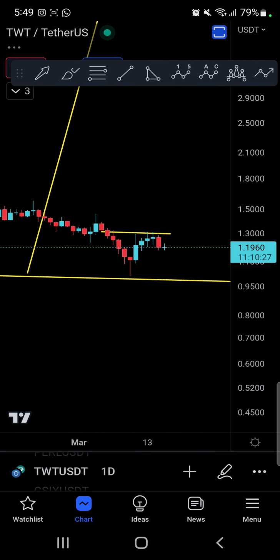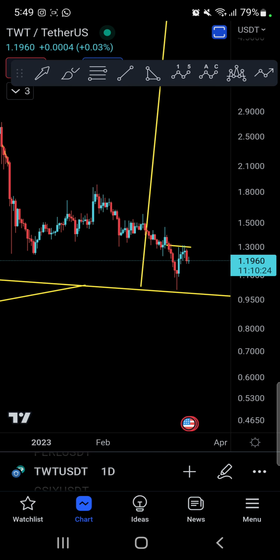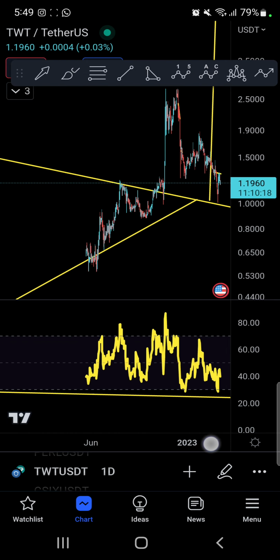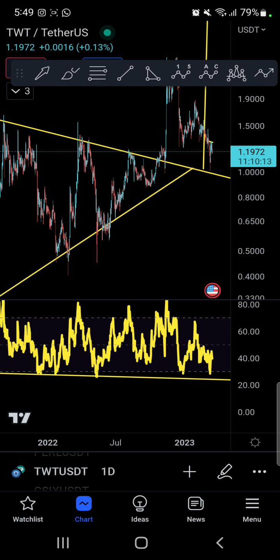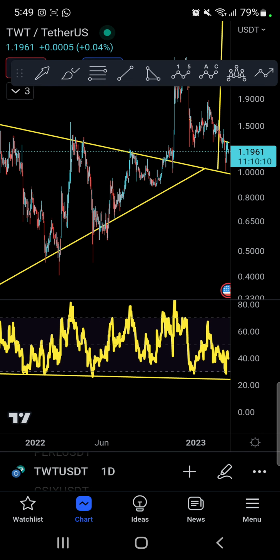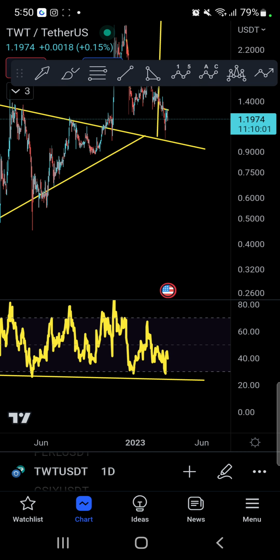Now we've had blood. Interestingly enough, Bitcoin has been moving up, but we haven't seen TWT doing anything. So what I'm going to do is show you the oversold level, and this is what I'm really expecting for TWT. If you look at the RSI again, this is your level of one support here, second support, third support, and we haven't had another touch of the trend line. So maybe that one very small little drop. I'm not saying it's a dump, but I expect it to be a very tiny drop